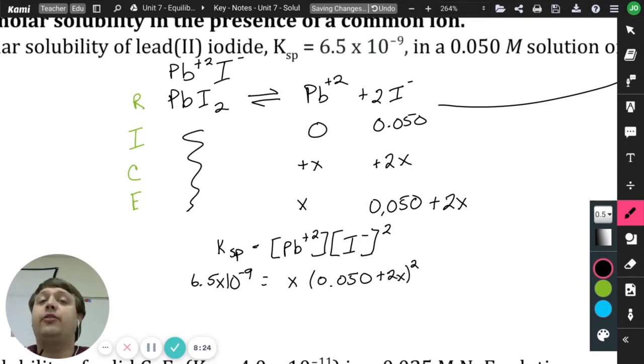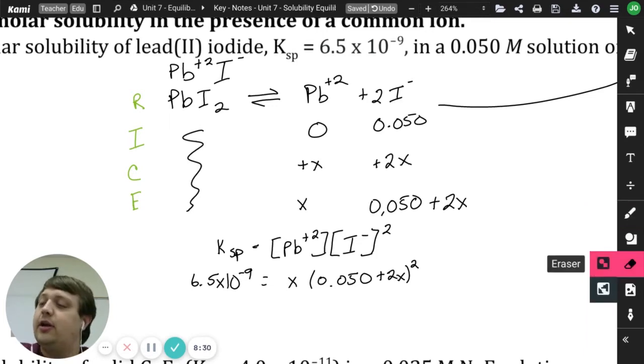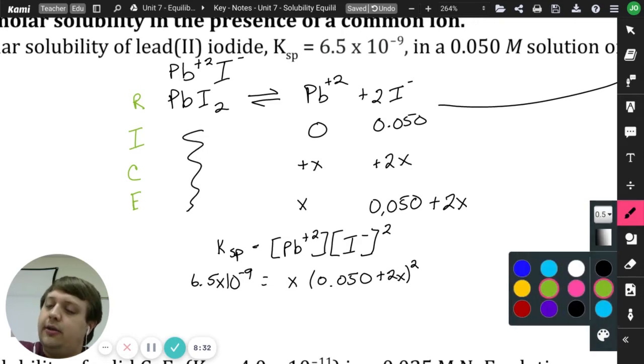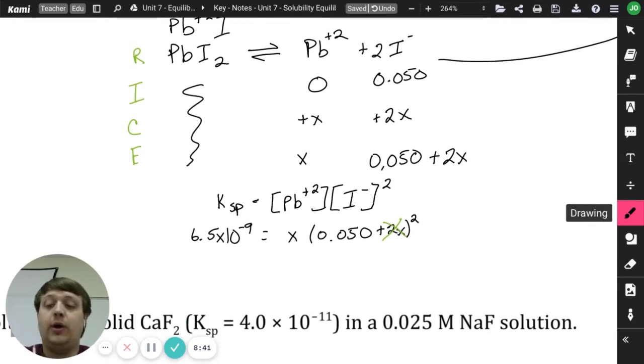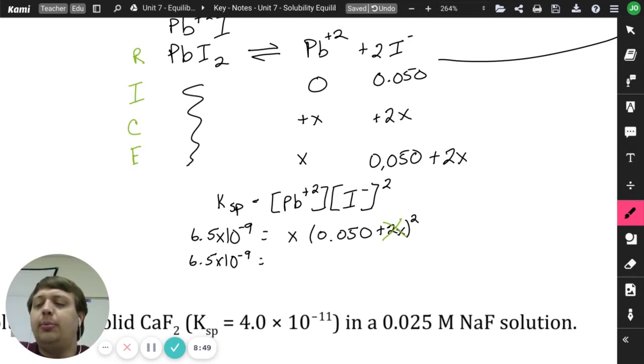Now, here's something to note. My Ksp is a very, very small number, and so I can make the assumption that over here, this 2x is negligible, and so it can actually be taken out of my equation here. Now, I'm just going to go ahead and solve. So I get 6.5 times 10 to the negative 9 equals 0.050 squared, which gives us 0.0025,